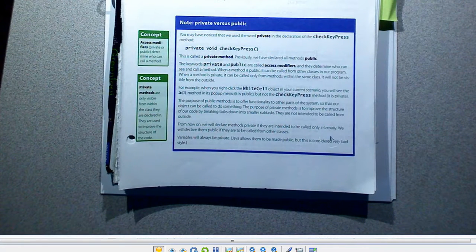You should read through this in your textbook and read the green highlights over here because they provide a good summary. But we're working with access specifiers or modifiers, and private methods are only visible from within the class that they are declared in, and they are used to improve the structure of the code. So if we go back and take a look at our